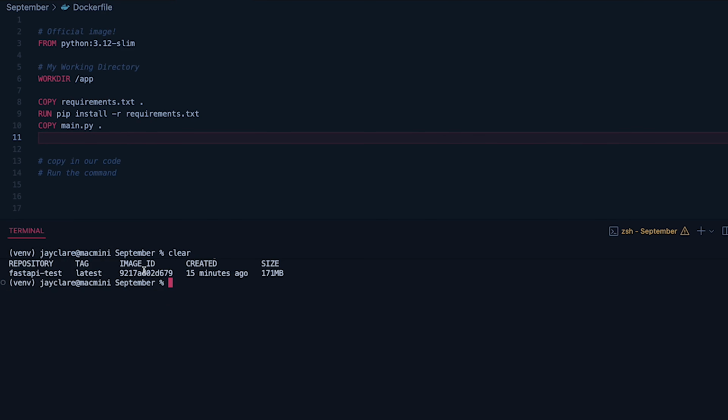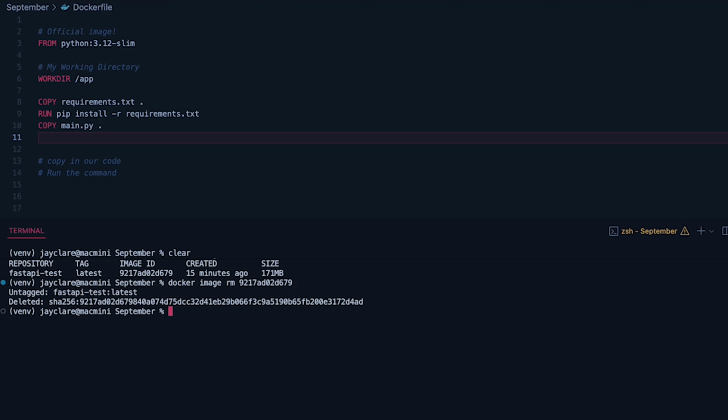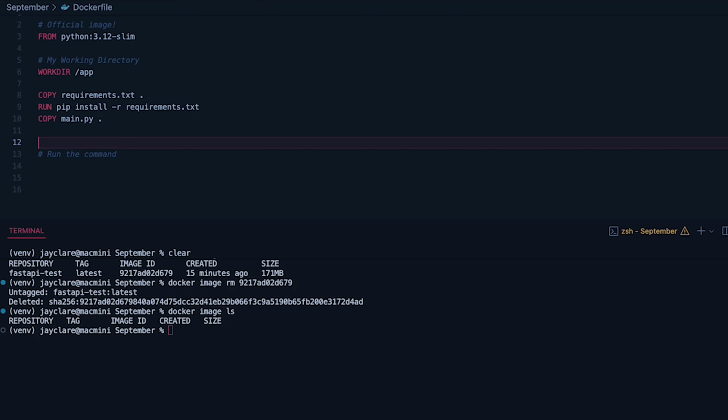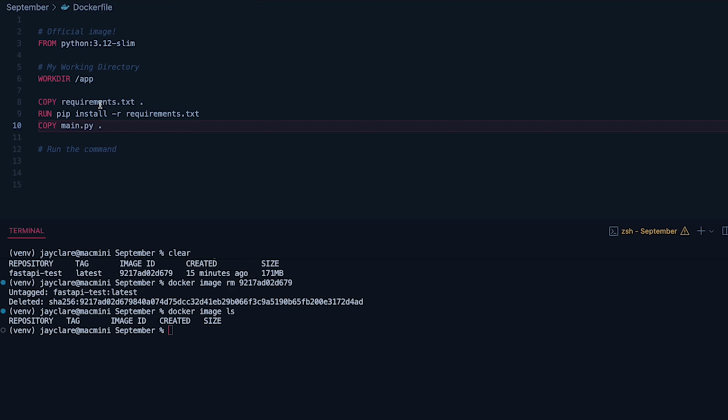And what I want to do is just remove it. So I'll copy the image ID and we'll do docker image rm. There we go, it's untagged and deleted. We now have no images on our local machine. So I'm now going to remove this comment. And let's just, before we do the next bit of running the command, let's just pause and see